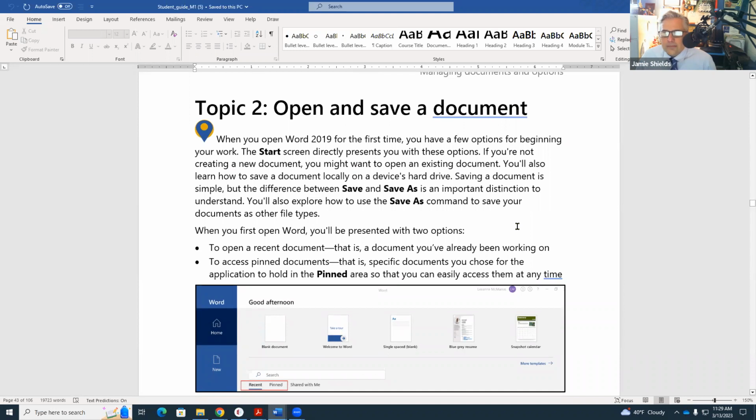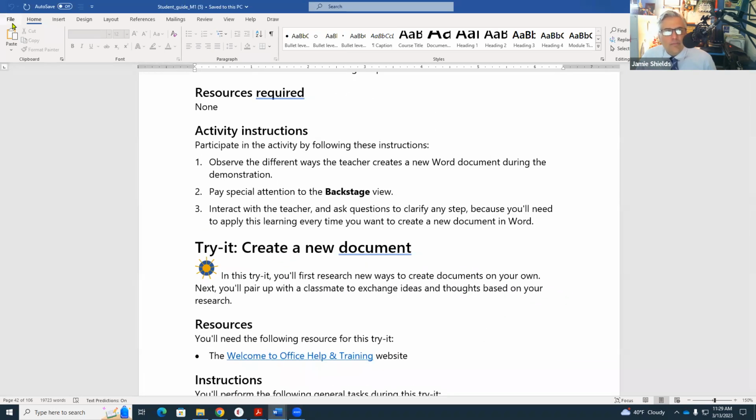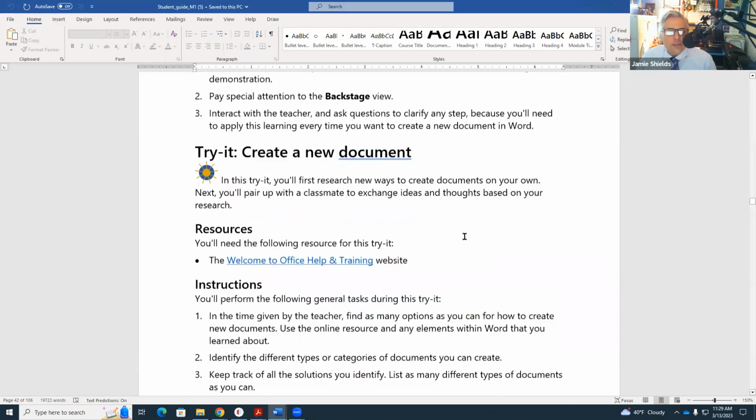There is not a real task for you to do yet in topic one. It's just basically being able to go to the file and then go to these templates and play around with that for a second, because there's nothing for you to turn in. You just need to know what that is. Now, topic two,